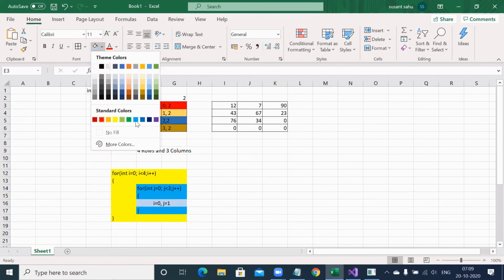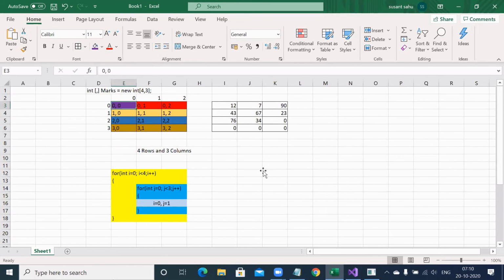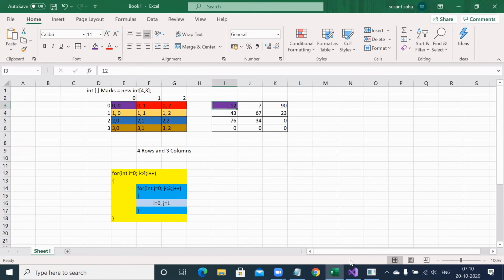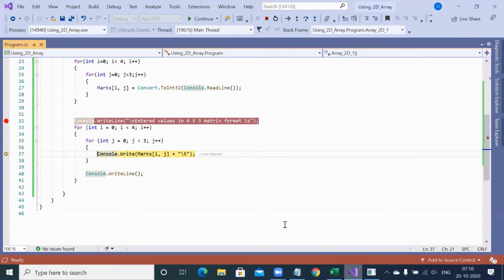This particular color where I'm having my cursor. So there it is going to fetch the data and display. Whatever data, in my Excel sheet case, it is 12. Information is 12. But in my actual here, yes, here also I have entered 12 only. That means it will fetch that 12 and display because it's console.write line.